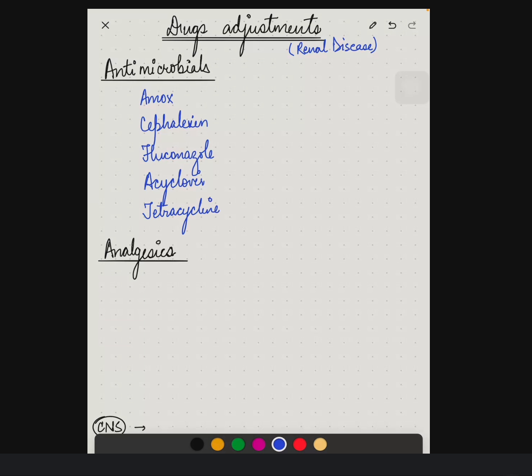So these 5 drugs, we need to adjust the dose in renal patients. And the adjustment is made as such. So the dosage is reduced, and these are